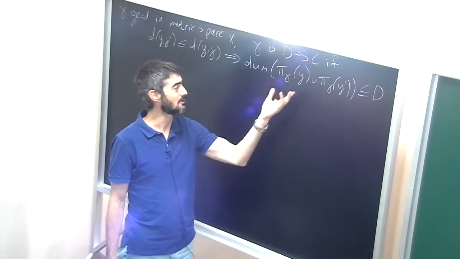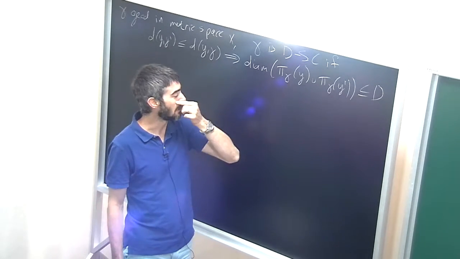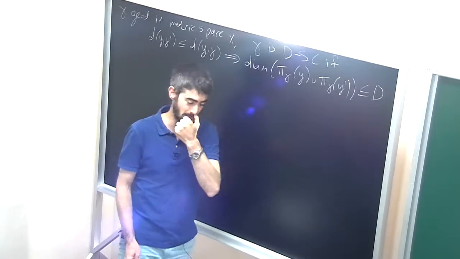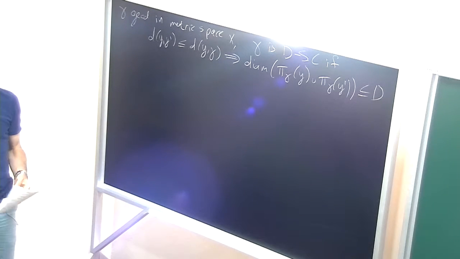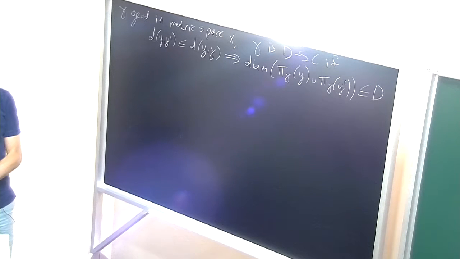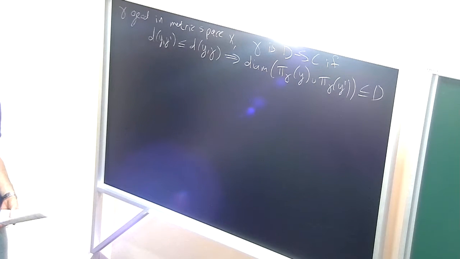Okay? And remember, the closest point projection is officially defined as like a set. You could think of it like a point. It doesn't matter anyway. So I want the diameter to be bounded by this D, uniform number D. Okay? And we saw some examples last time that in the hyperbolic plane, it turns out every geodesic is 2 strongly contracting. And in a tree, every geodesic is 0 strongly contracting. Okay? But in the Euclidean plane,